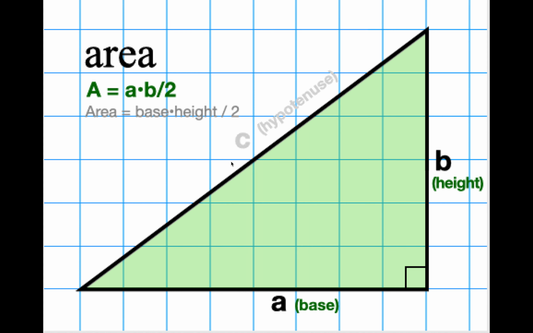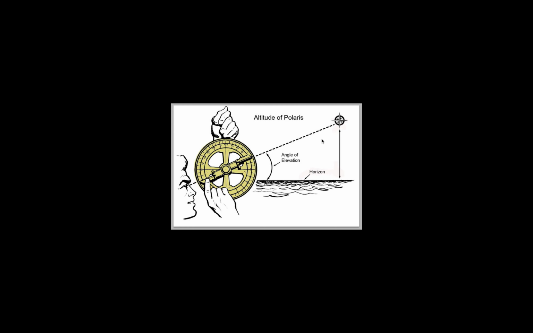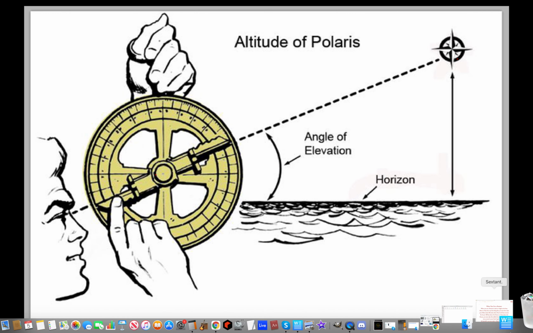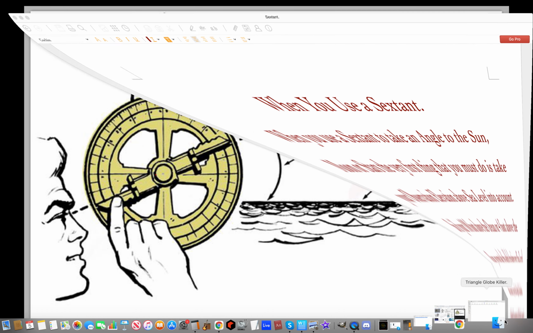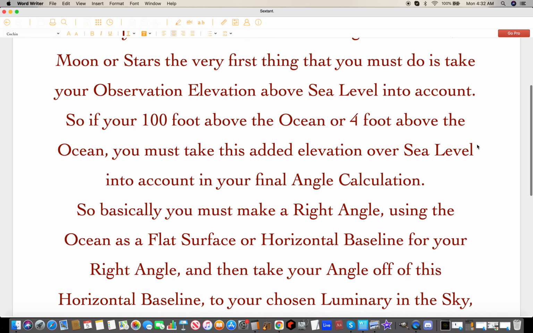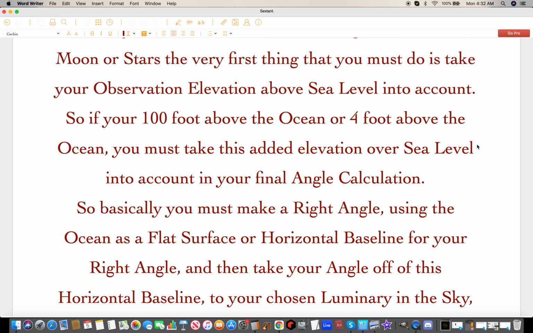Okay, so I'm just going to come back to that in a minute. Right, back to show this is a sextant. Okay, so I'm just going to read a bit of something. When you use a sextant to take an angle to the sun, moon, or stars, the very first thing that you must do is take your observation elevation above sea level into account. So if you're 100 foot above the ocean or 4 foot above the ocean, you must take this added elevation over sea level into account in your final angle